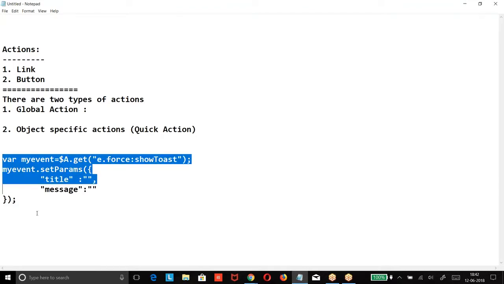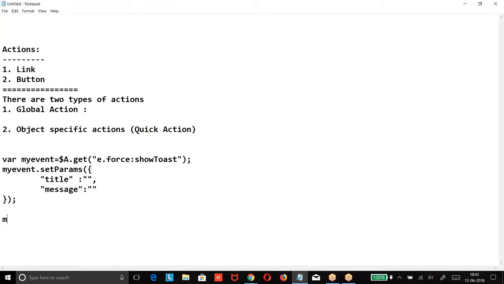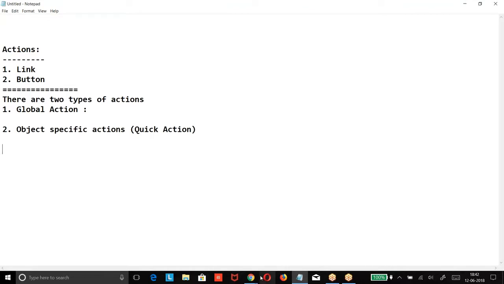Once you create, it will not fire. We are supposed to fire it. My event dot fire. So what is this toast message? What I'm doing? E dot force colon show toast, set parameters. What is the message you want to print? Fire the event.